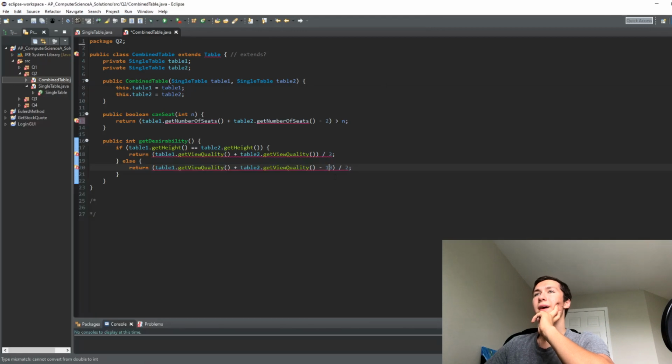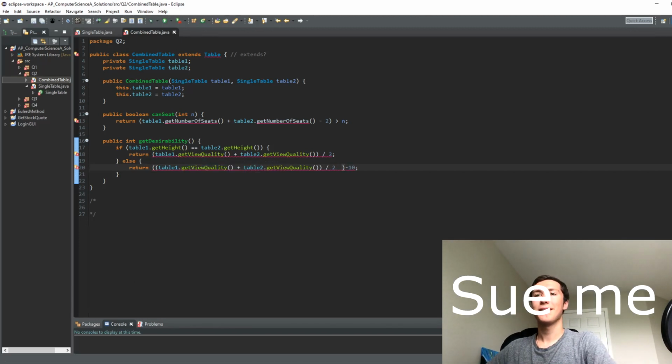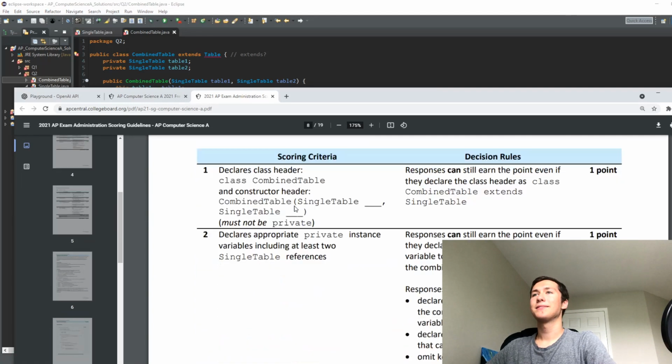So the minus 10 should come after, not before. Ah, okay, so the Codex made a mistake, unfortunately. This minus 10 should be out here, but it left it out there, so I'm gonna have to, yeah, so the average should be out here, and then after all this, it should be a minus 10 here. I know I'm helping out the AI, I should not be doing that, but yeah,